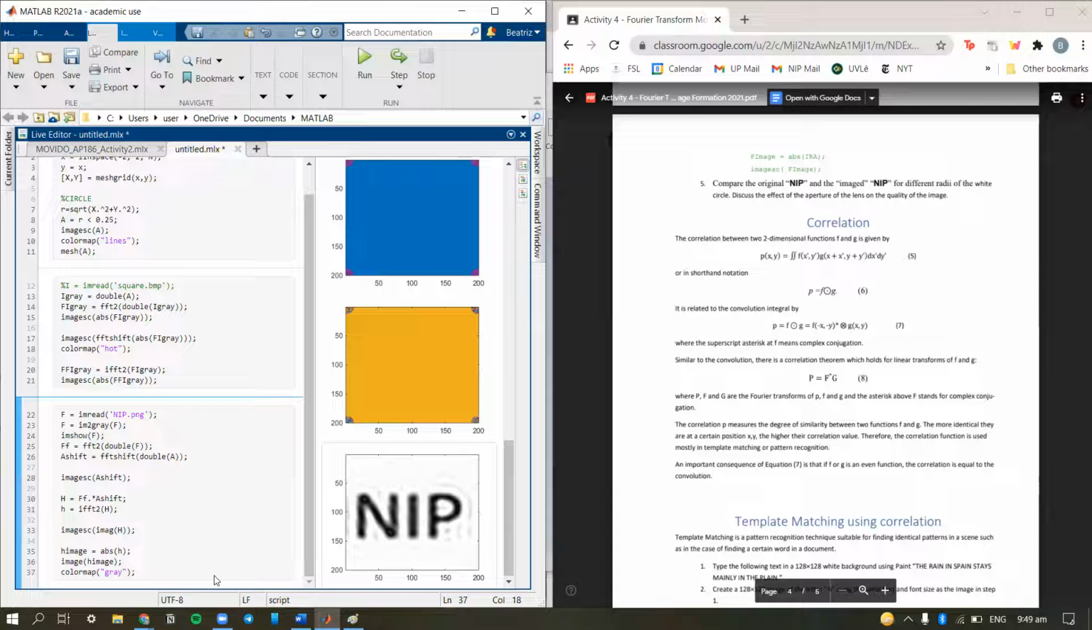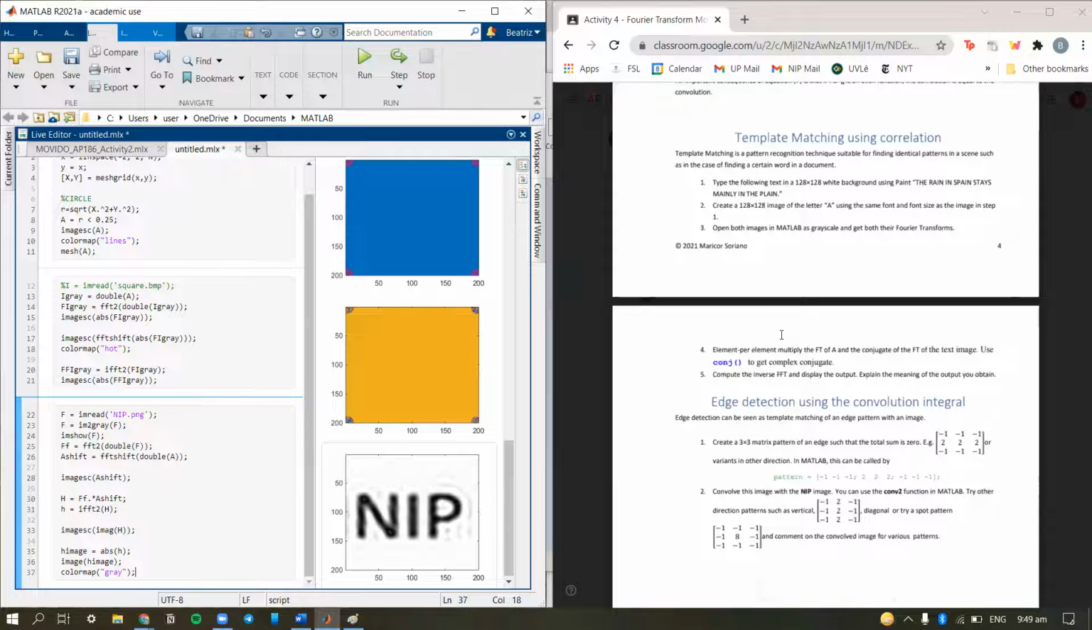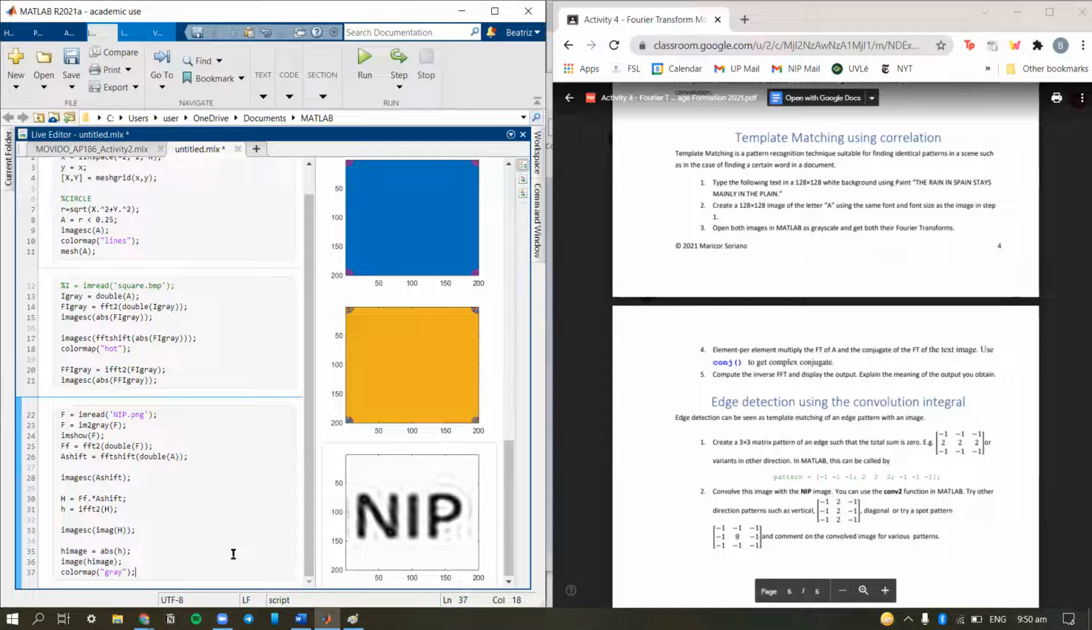Now, sige, move mo Bea doon sa template matching using correlation. Ang kwento dito, gagawa naman kayo ng pattern. This time, it's a sentence. The rain in Spain stays mainly in the plain. And then, we're gonna make a pattern using the same font, using the same size of fonts, A. In business circle, we will use A. That will be our target pattern. No? So, ang gagawin mo, Bea, is if you read the instructions, you will make this image that